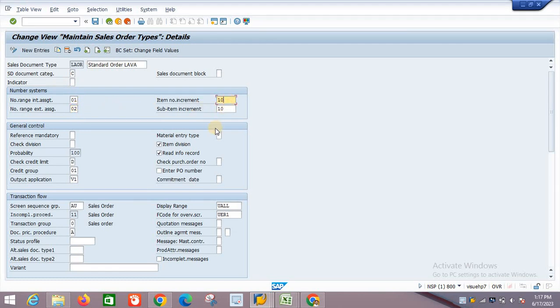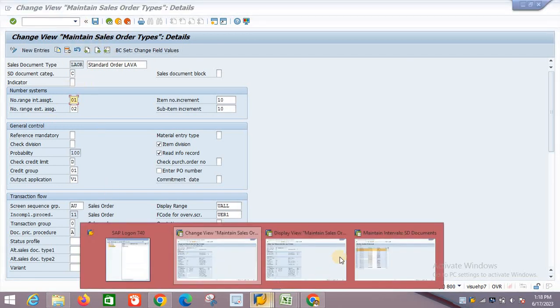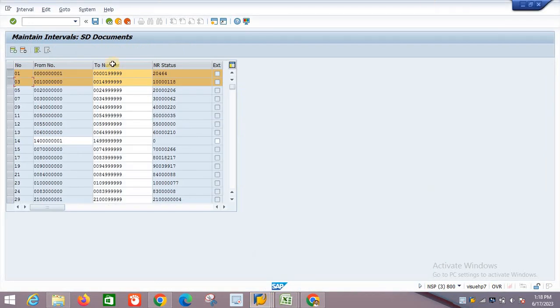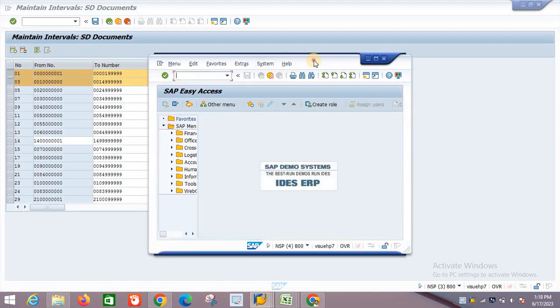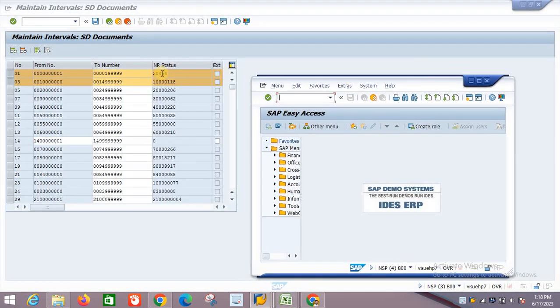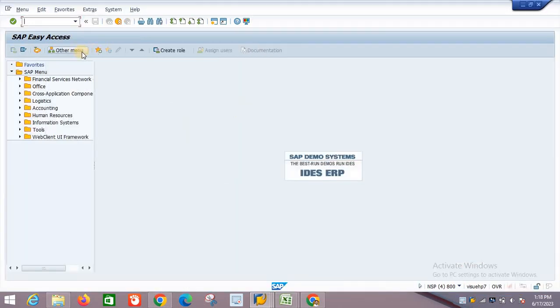Then one more thing is the item number increment. I will show you an internal number range example here, how the sales order is created automatically. For that purpose I will take one sales order. Right now the number status is 20462. What is the T code to create the sales order?